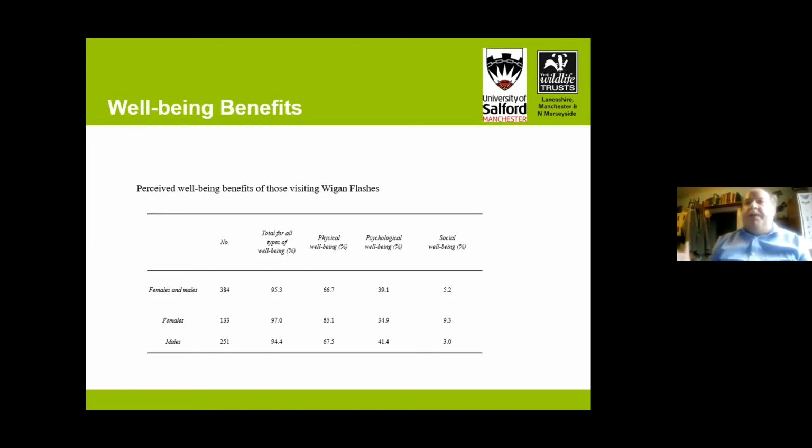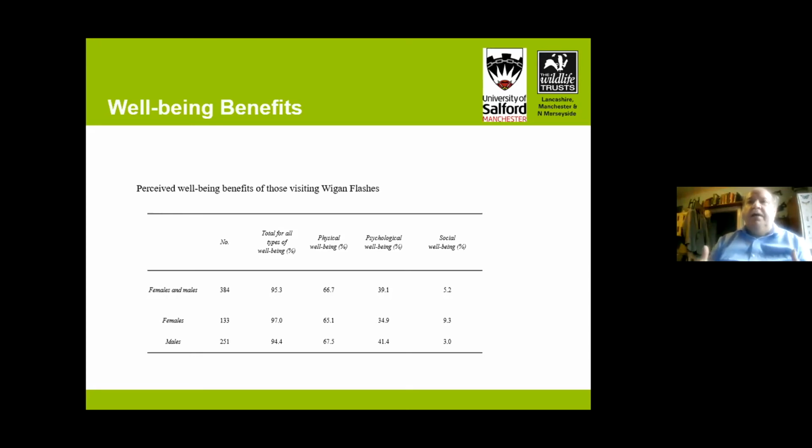And you can see there are people who see the well-being benefits. So there's a really important sort of all this nature conservation. They're looking at how it benefits them. And one of the really big answers was we're coming for the fresh air. And when we explored fresh air, it was the sort of interaction with nature and the wider environment that they were looking at. And people love to come to nice looking sites with nice activity.